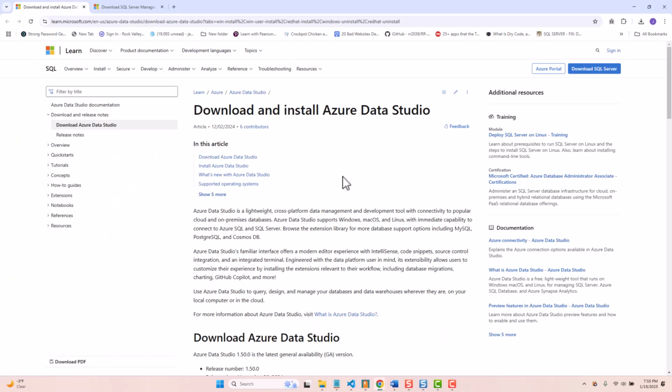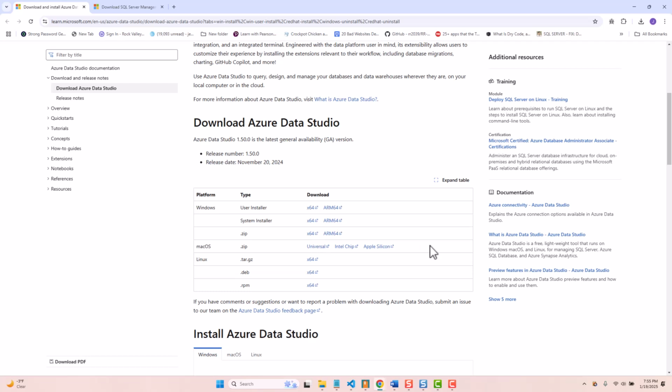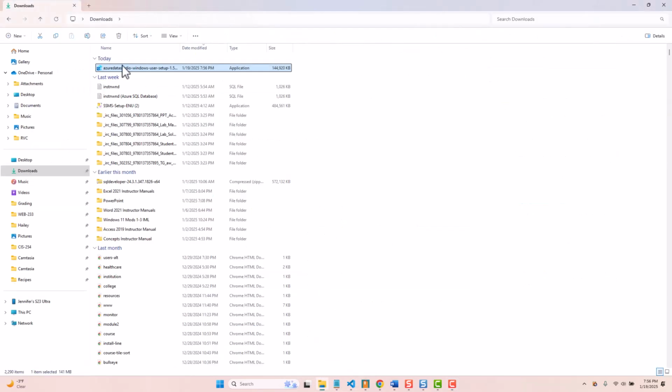The next thing we want to use a search engine to locate is the Azure Data Studio. If you search by terms, download Azure Data Studio, the very first instance should provide a learn.microsoft.com link. If you scroll down, you should see a table of things to download, and in this case we are on Windows. We're going to use the user installer. If you want to download the zip file, you can. I've already gone ahead and done the download of the 64-bit,